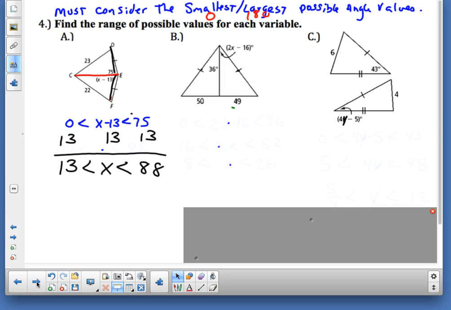Let's get it done. You guys got B. Setting it up in a very similar fashion. And if you're a little sketchy about it, just do the setup, because that's the hardest thing right there. Once we get to the setup, life is good. We're in algebra land. Algebra land is fun.